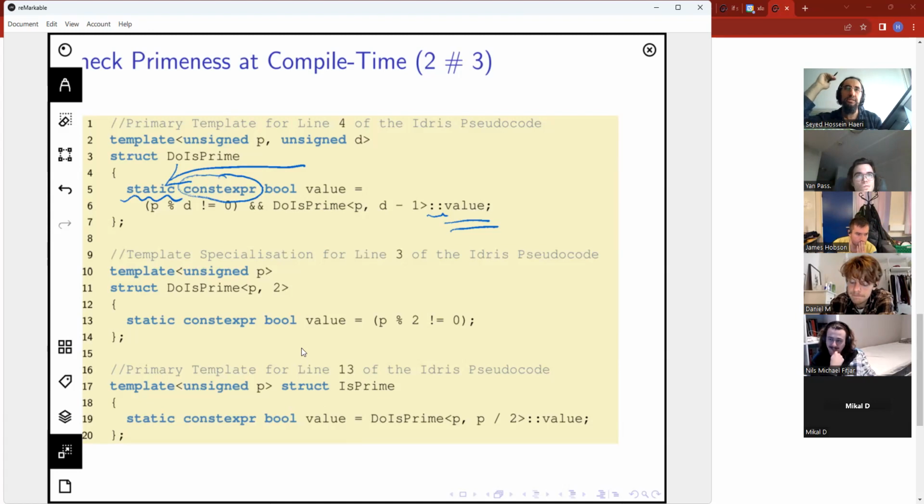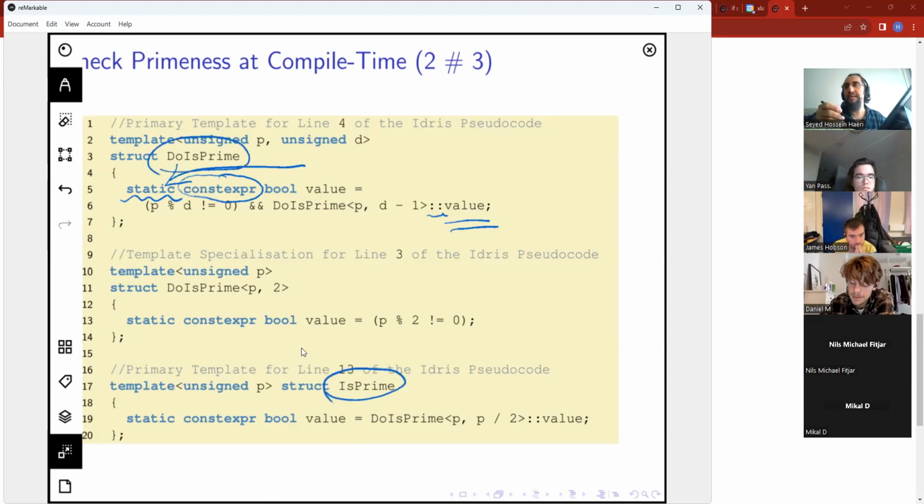So the intention for these structs, first of all, is that is prime and is prime are not meant to be instantiated during runtime. They can be.